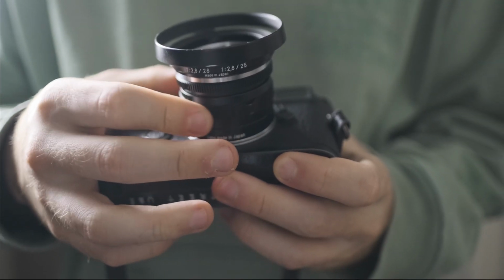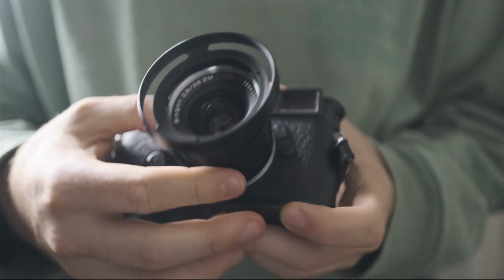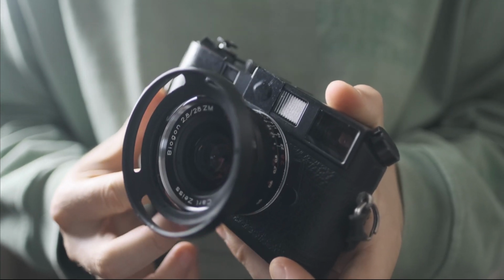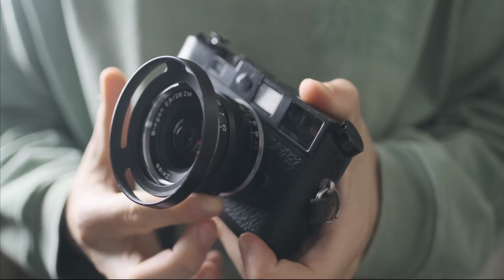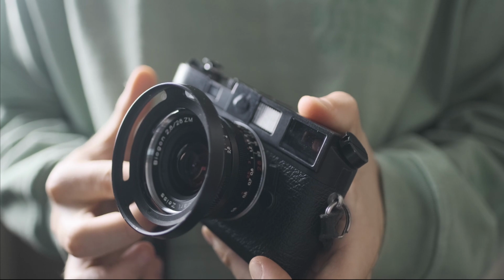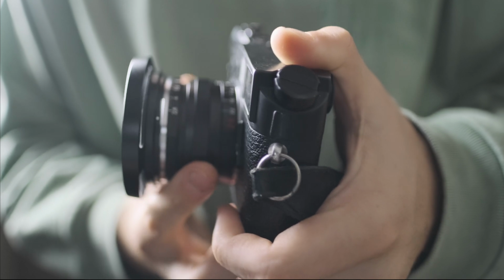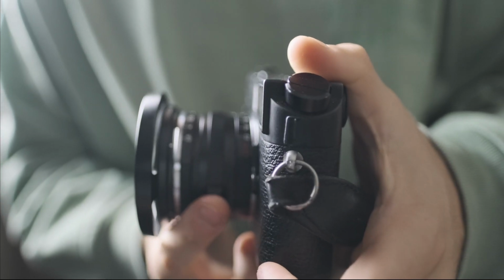Next, you have the Voigtlander Ultron 28mm f1.9 or f2. The f1.9 version, I believe, is L39 mount, and the f2 version is Leica M mount. This lens is less cheap, but it's also a lot sharper, but it's also less fast. Next, you have used Zeiss 28mm f2.8s, and for me, I think this is one of the best options, and it's personally what I bought. I bought my lens for about $700 or $800 used with a UV filter and the sun hood, and I think this is probably the best value that you can get right now whenever it comes to 28mm on Leica,